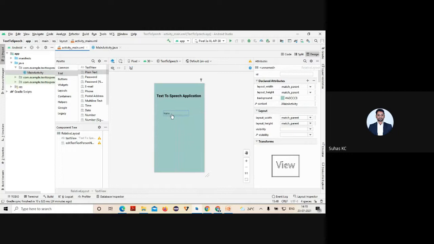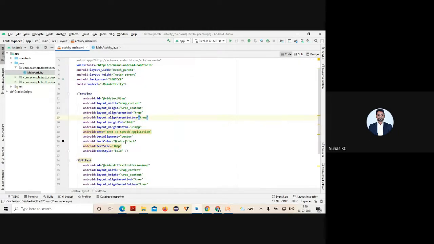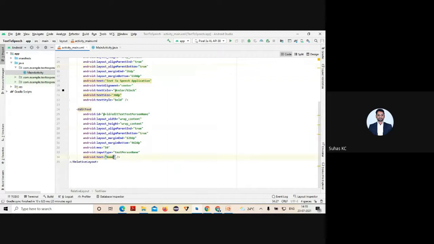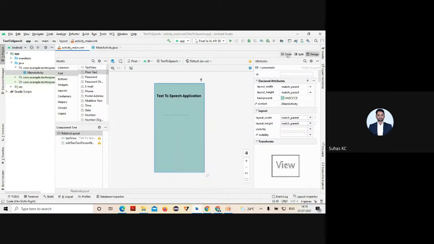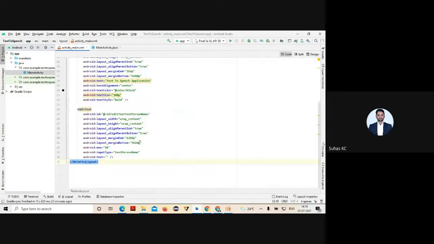Here it is showing the word name, so I want to remove that. I go to the code part and remove that text, leaving it empty, null, so nothing will be there. But if you want to provide a hint, you can have that hint.